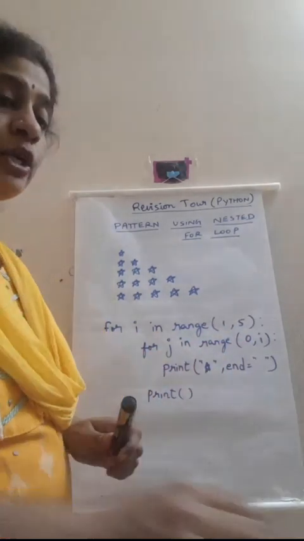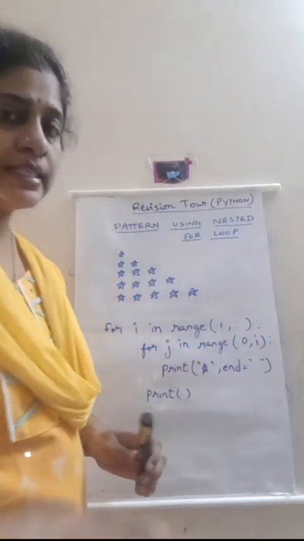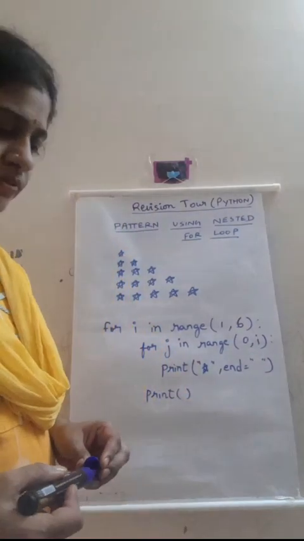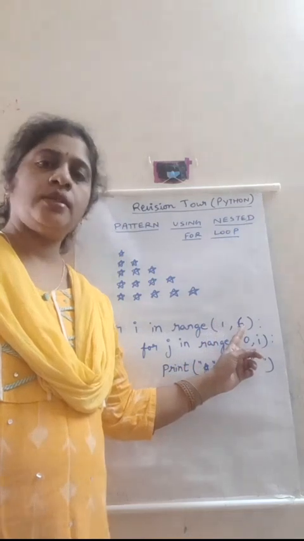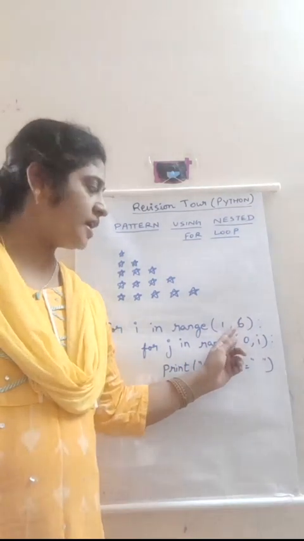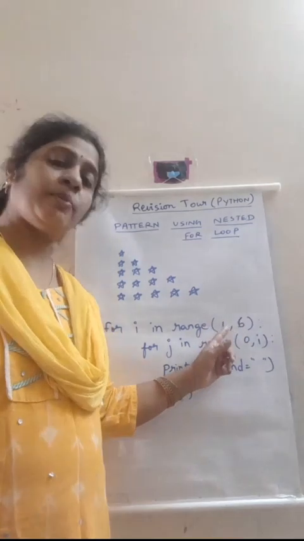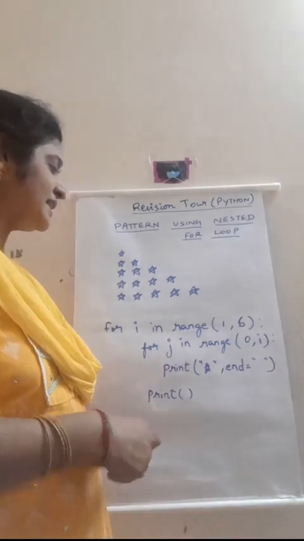That is, I have to run the loop for 5 times. So I cannot write here 5. I have to write here 6 because it will stop at 5. So run the loop for 1 to 5. If you write here 5, it will stop at 4. That's why I have written here 6. So run the loop for 5 times, and each time when I is equal to